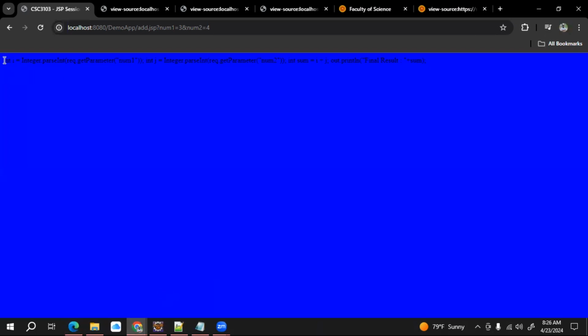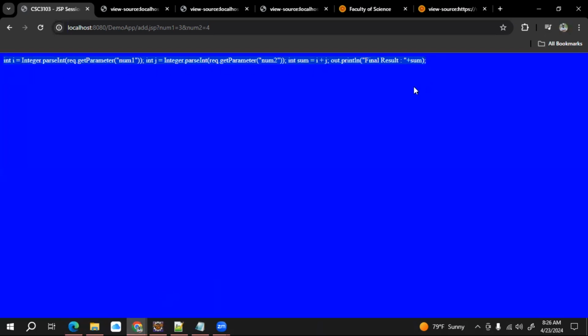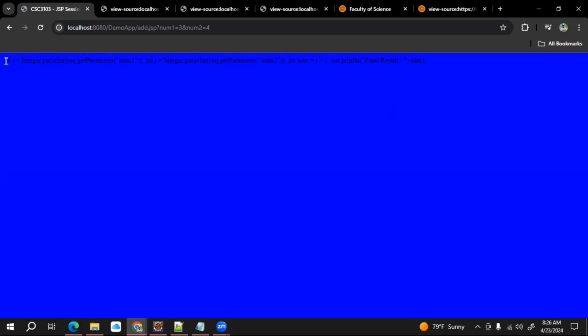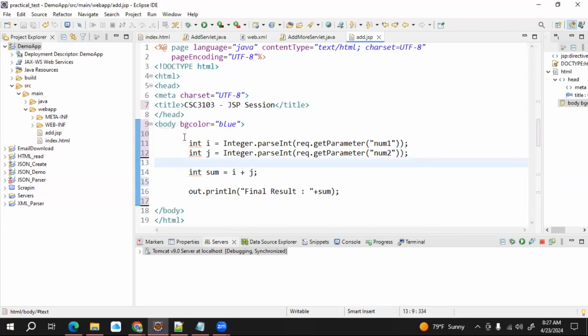But this Java code is considered as plain text here, right? Here, it is not converting it to a result. It is not converting to a servlet. Just consider this text as plain text. Then how can we convert? How can we say this is the Java code, this is the HTML tag? How can we separate this? We can separate this Java code from HTML tags using